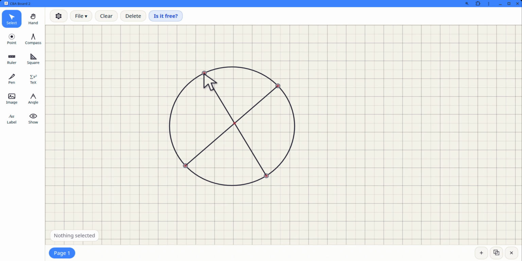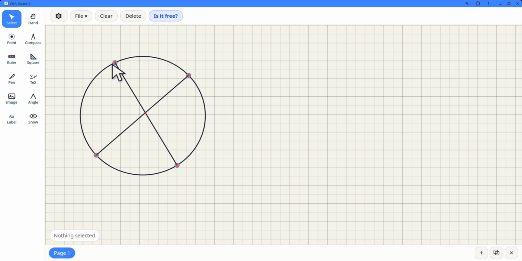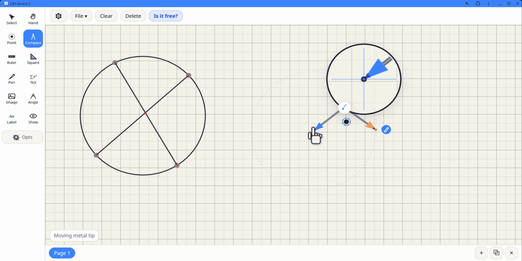So the theorem states that if I multiply this length by this length, I would have the same result as if I multiply this line by this. That's what it states. And to prove that, I need to prove another theorem, and that will lead me to use the angle tool. So let's do the compass, but this time I need to know the center of the circle for the inscribed angle. I would first draw the point, and now I will draw a circle